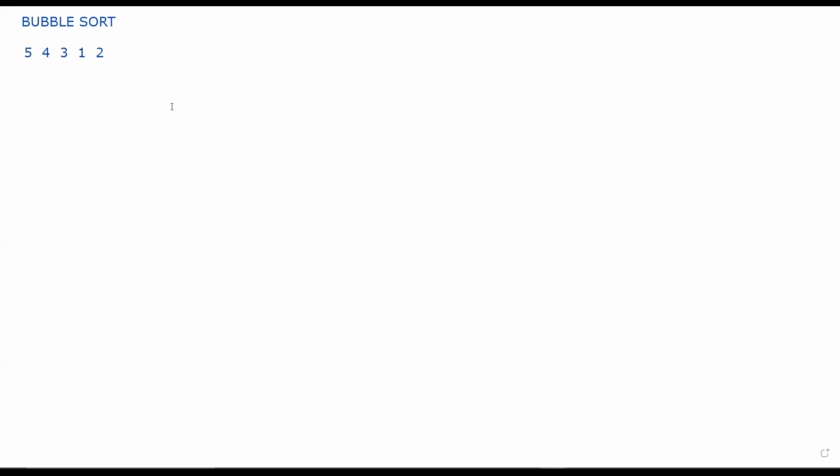Right, I'll continuously iterate the array and I'll be putting some conditions, right? So what will those conditions be? For bubble sort, I'll be doing some comparison. So what exactly am I doing in bubble sort?